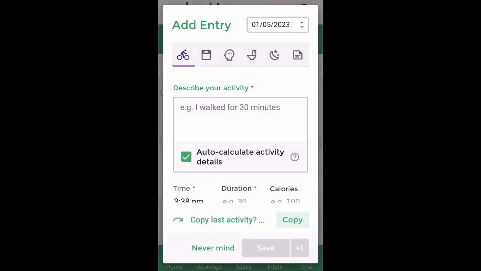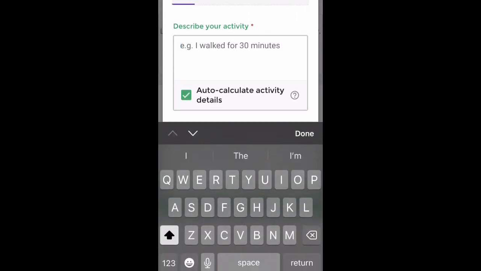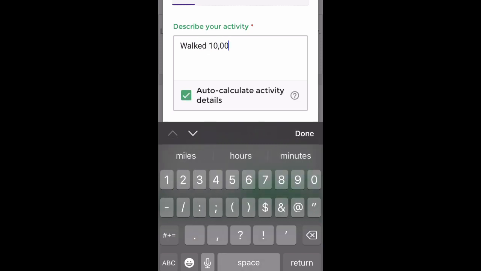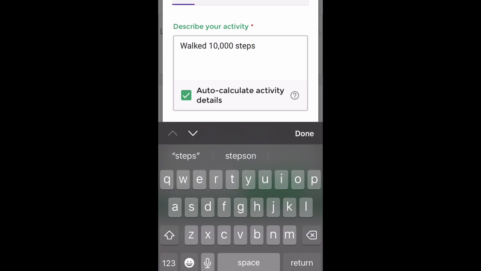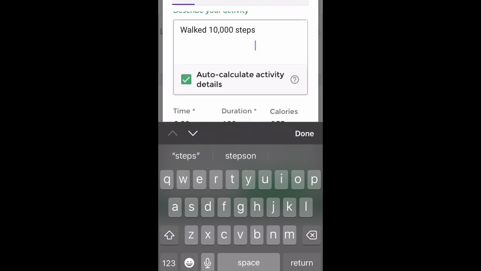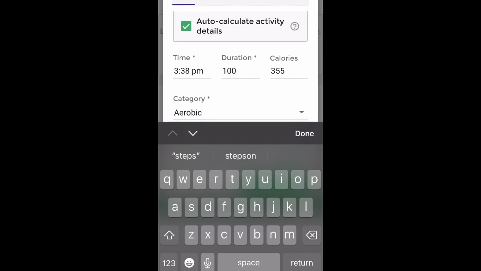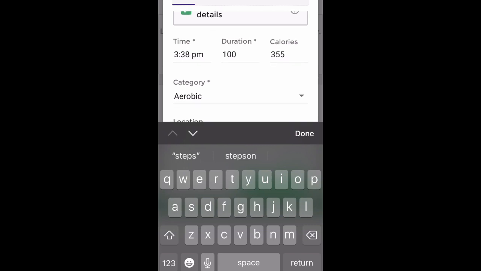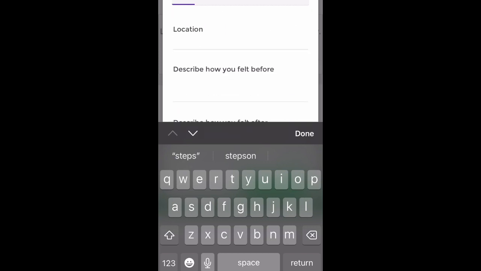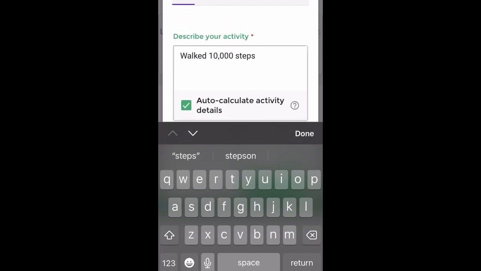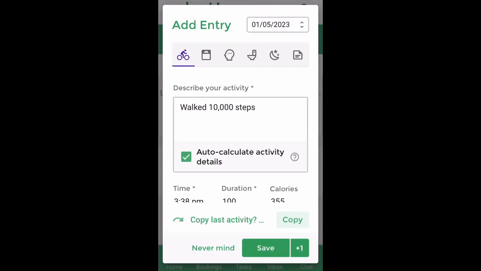All right, so it opens up right to the exercise screen. So let's say I walked 10,000 steps today. What it's going to do, if I have the auto calculate already there, it auto calculates what about 10,000 steps would look like. So that's about 100 minutes, can come to about 355 calories total. All right, and you can put in the rest of the information if you want. So great, that's there. Now you want to hit save,